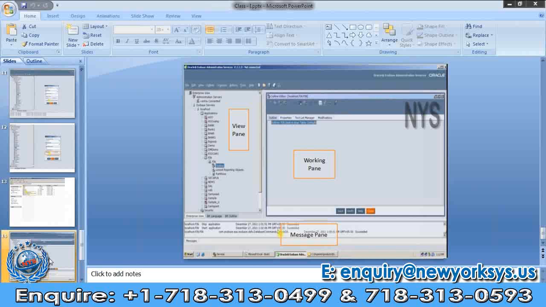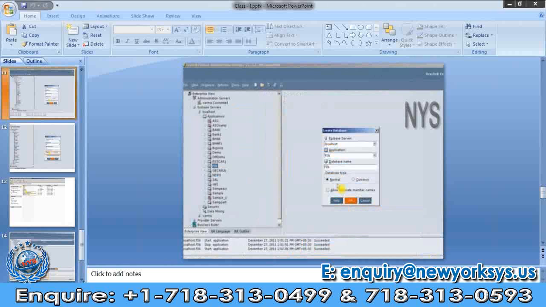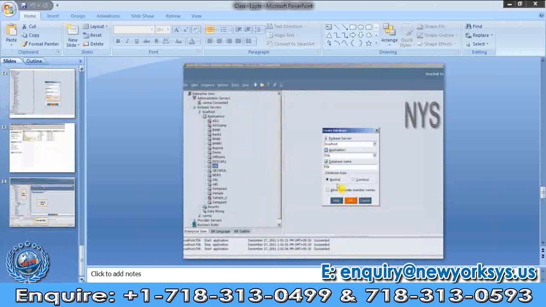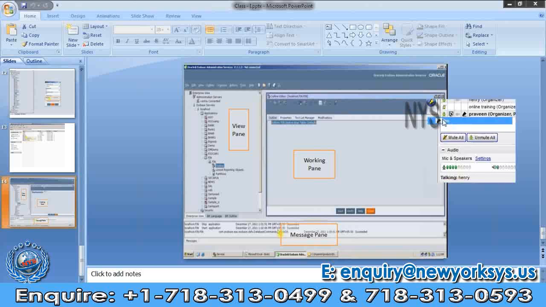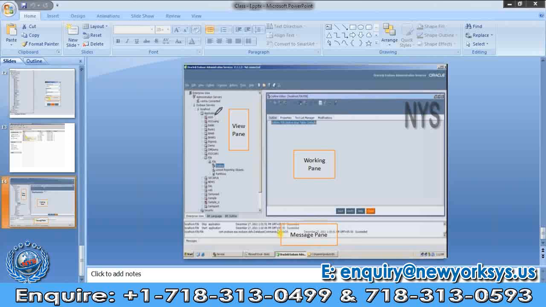In phase 2, now you will be creating the outline. This is a console screen. This is an SBase screen where we will be working. If you see the view panel, this one, it shows the application, an SBase server.